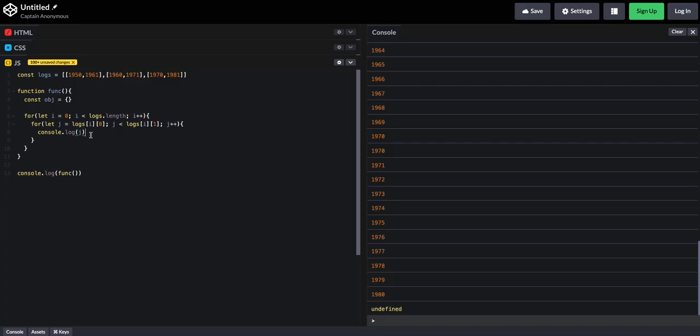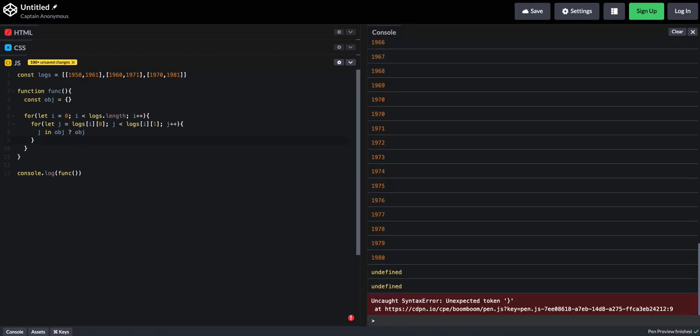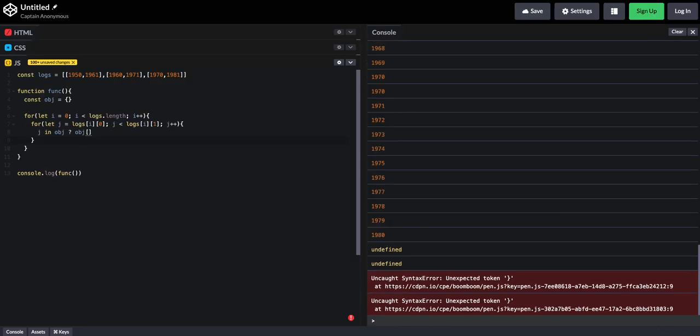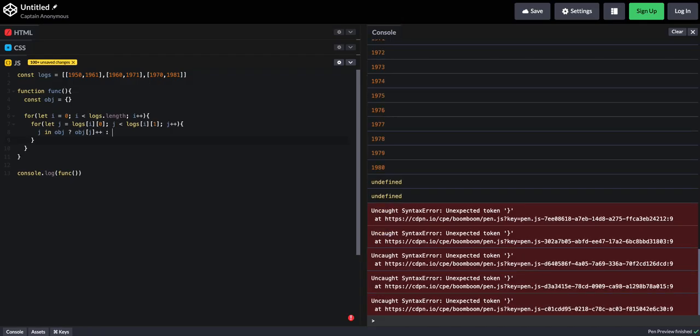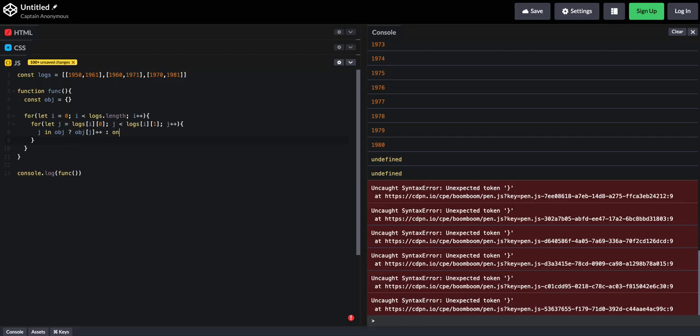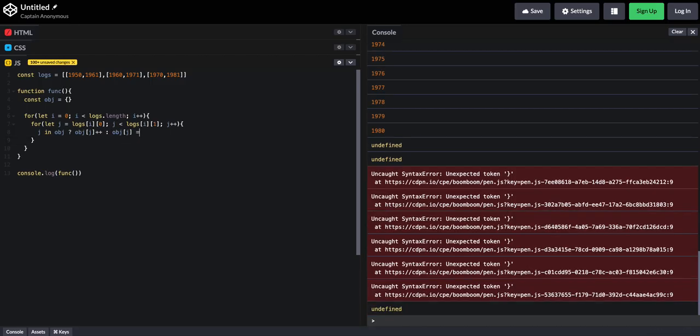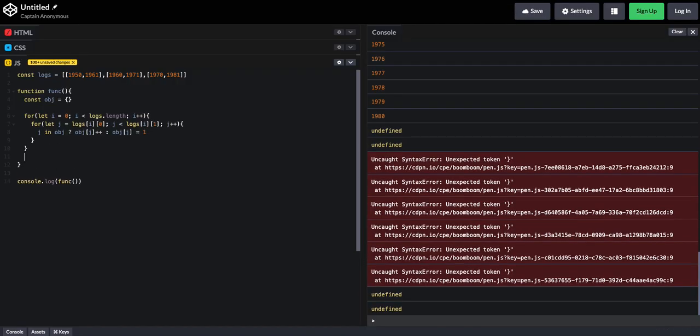So in here, now we can check to see if j exists as a key in the object, like this. This is a ternary operator. If that exists in object, we're going to say object j plus plus. We're going to increment it, so that's going to keep track of how many people are alive during that year. If it doesn't exist, we need to set object at j to 1. So now if we return object,